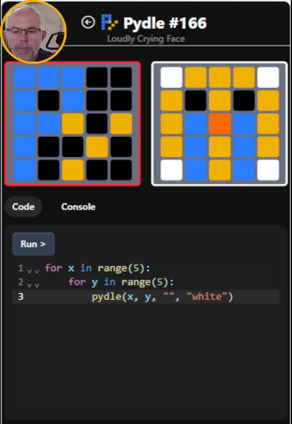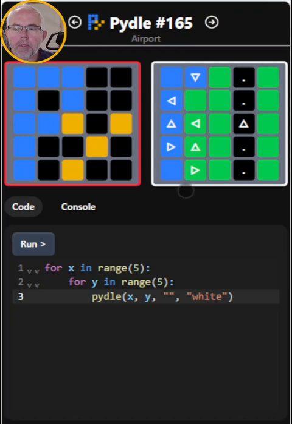Pydle is a daily puzzle you need to solve by writing Python code. Today's Pydle is the loudly crying face emoji. So have a go at solving that. If you're new to Pydle or you just want some hints how to approach Pydle problems, then stick around as